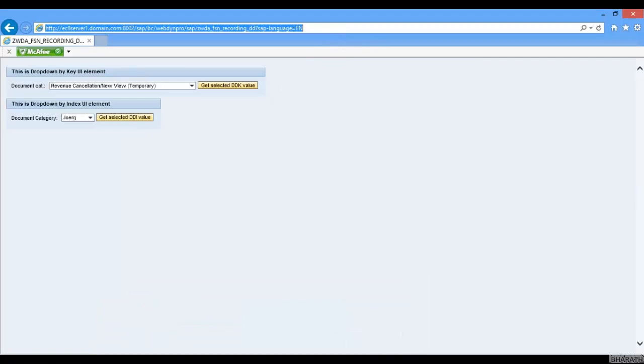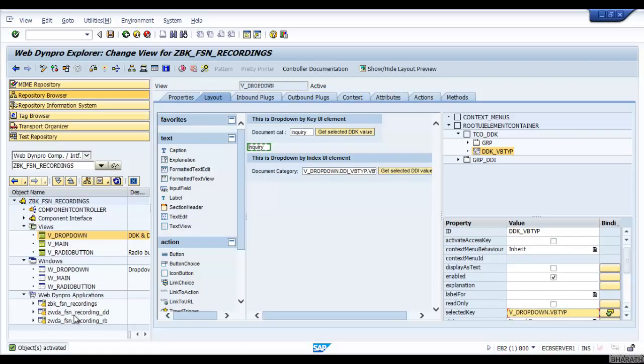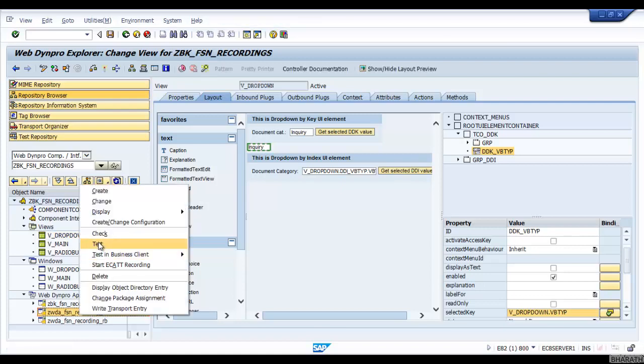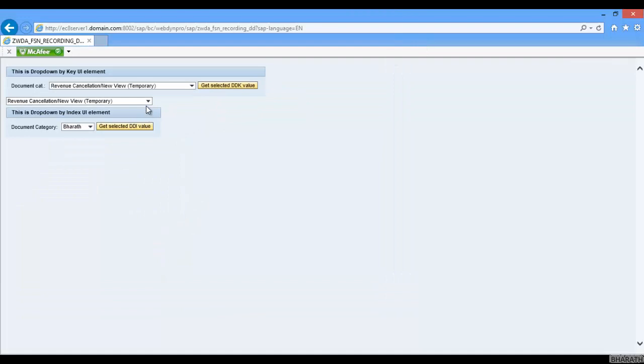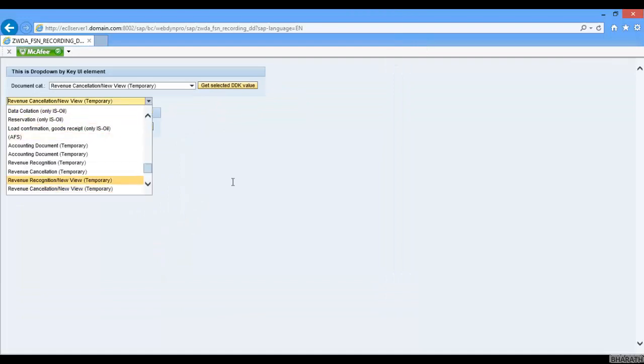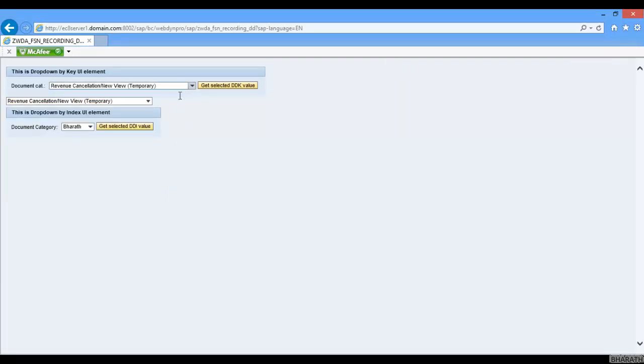Okay, let it be. I'll just open the new application, drop down, test. Now you see I have drop down by key values displayed. I already had one, and just now I have designed the new drop down by key UI element, which is bound to a normal context attribute. I didn't have a context node created. Okay, this one is with context node and context attribute, but this one only context attribute, but still I could